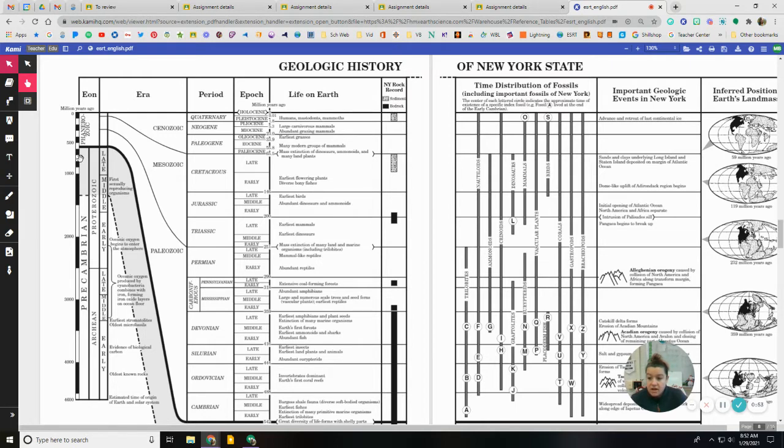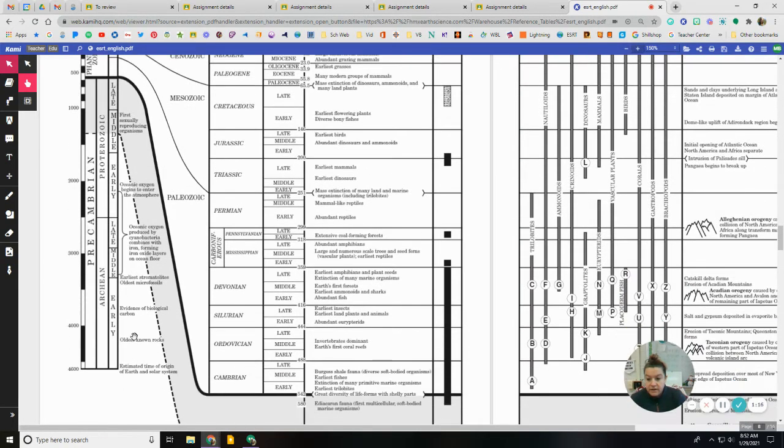All right, this is all the Precambrian. So if we break this down a little bit farther, you have two sections. You have the Proterozoic, and then you have the Archean. The Archean is oldest. It's older. And then they break that down into early, middle, late, and so on and so forth. Okay, so this is the Precambrian. If you look at these right here, the estimated time of origin of Earth and solar system, that's at 4,600 million years ago, or 4.6 billion years ago.